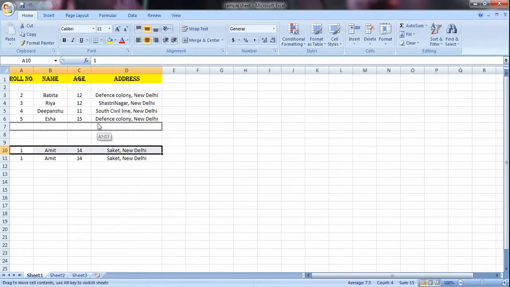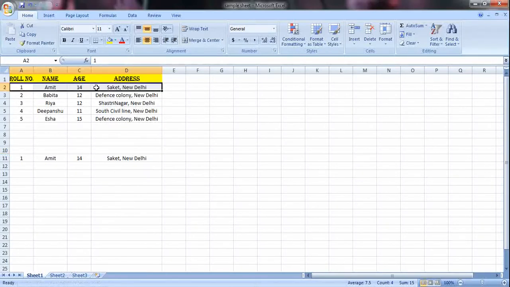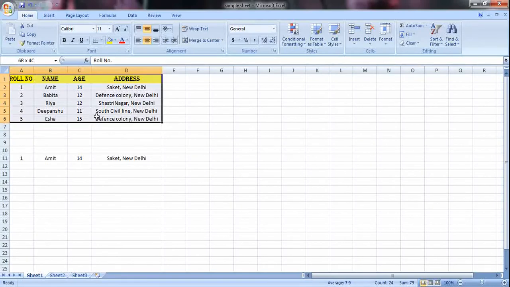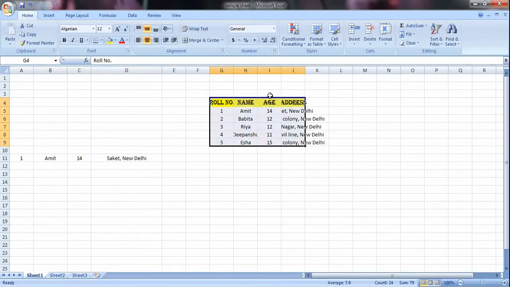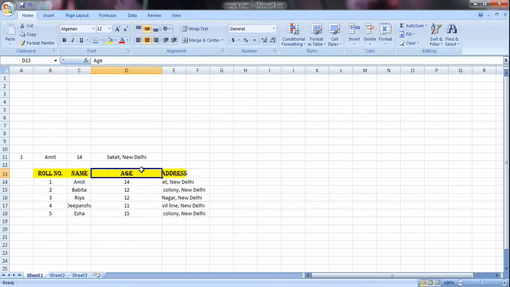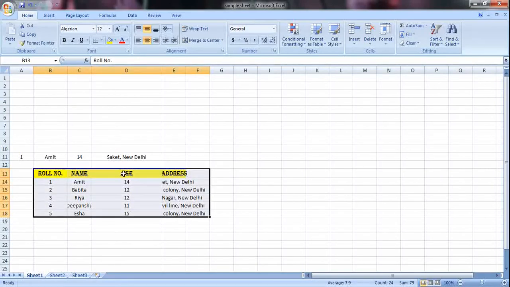So now you just drag it, drag it, drag it and drop. So this is how you can drag the information. Let's say I want to drag this table from here. So simply select the table, bring the cursor to this, the one with the 4 arrows, and drag it to whatever location you want. So you can take it anywhere and drop. So that's how you move the data and you copy paste the data in your sheet.